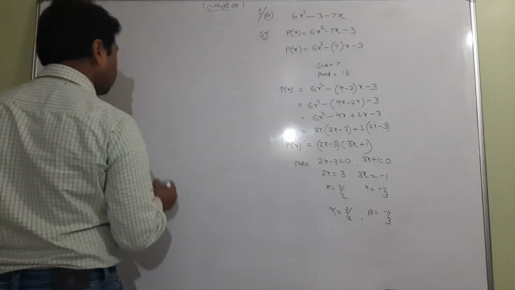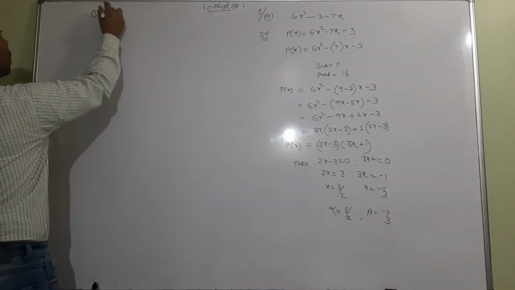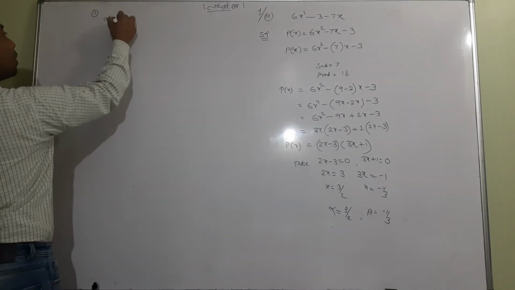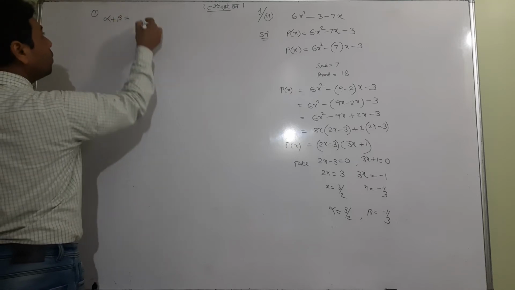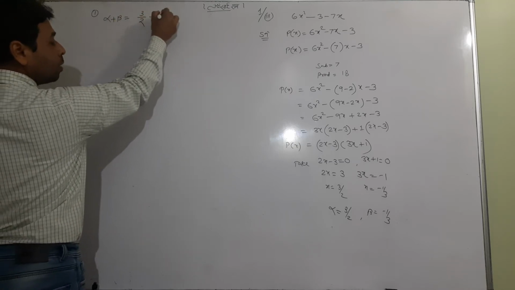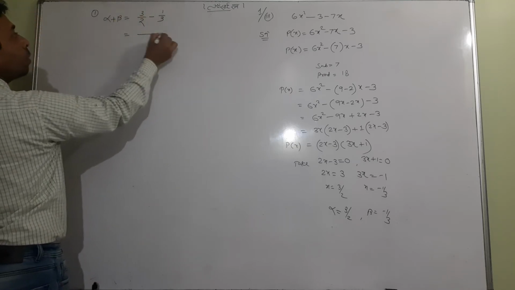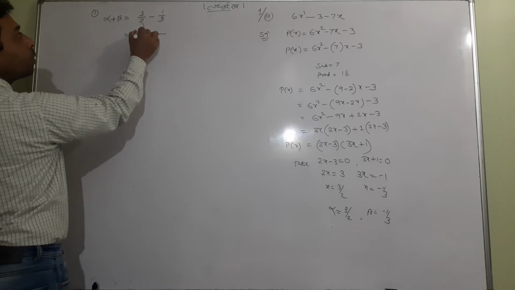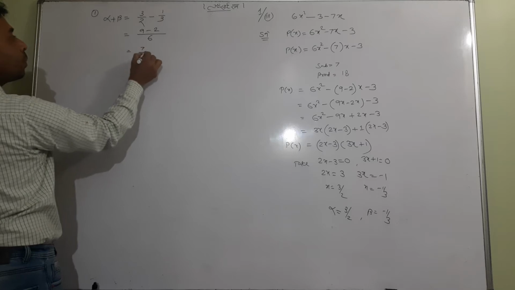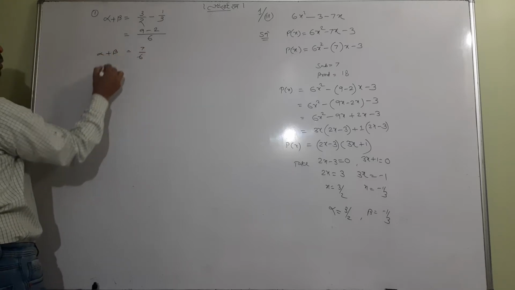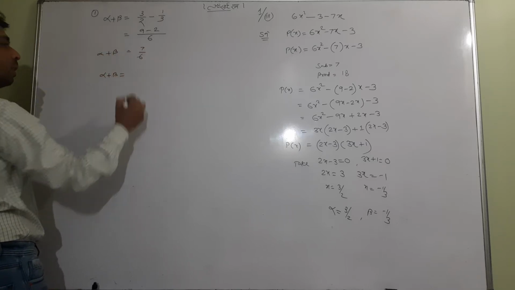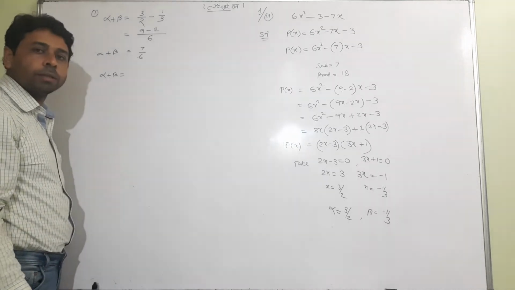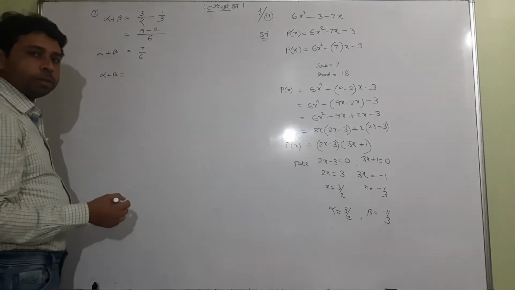Look at our next. First I'll go alpha plus beta. Now it's time to tell the relation. Alpha plus beta. What is alpha? 3 by 2. What is beta? Minus 1 upon 3. So no meaning of plus because it is minus sign. So take an LCM. It is 7 upon 6. And you remember my words that alpha plus beta always carry minus sign. But it is not minus sign here.